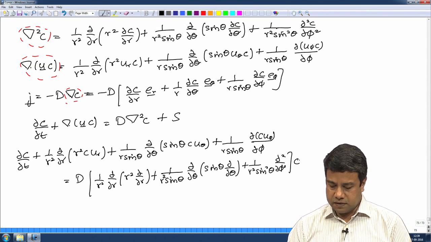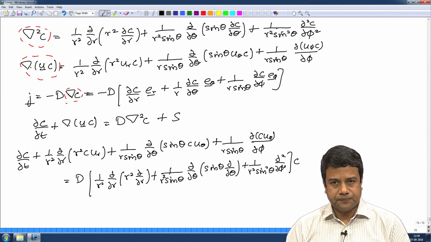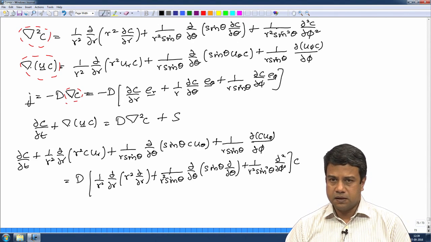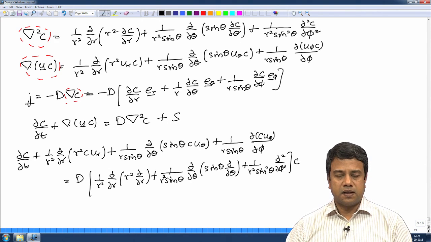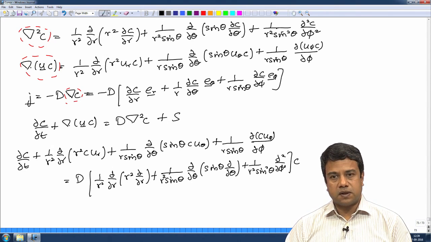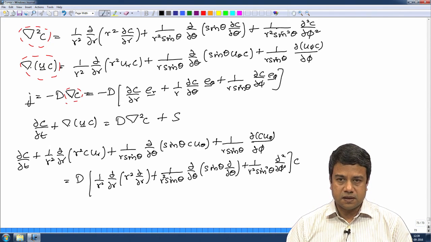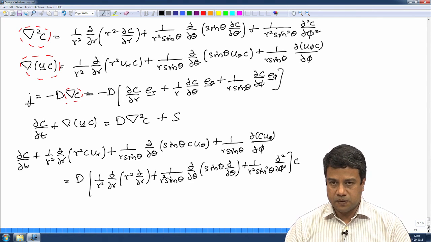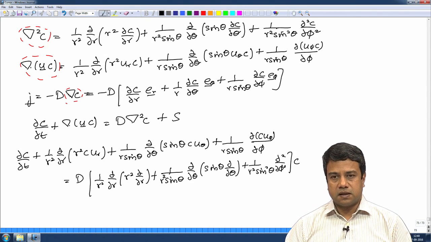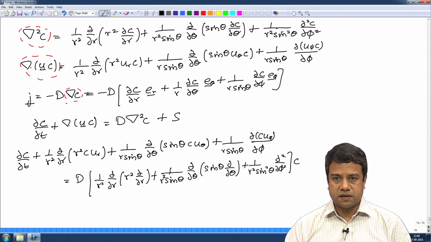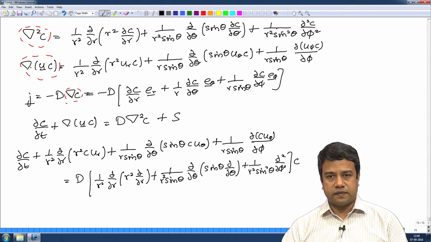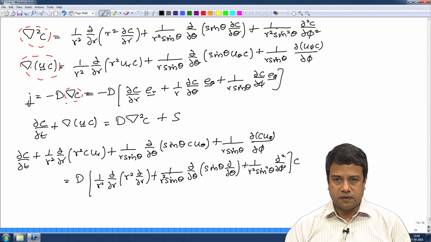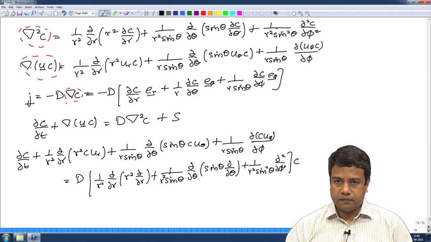Okay, so that is the conservation equation in a spherical coordinate system. Seems a little complicated, but the procedure for deriving this is exactly the same as a Cartesian coordinate system. You have to identify what are the 3 coordinates, what are the surfaces of constant coordinate, what are the distances moved along the 3 directions when these coordinates are incremented by a small amount. Construct a differential volume whose surfaces are surfaces of constant coordinate. Identify the surface area of each surface. There will be 6 surfaces in 3 dimensions. Identify the surface area of each surface, the total volume,